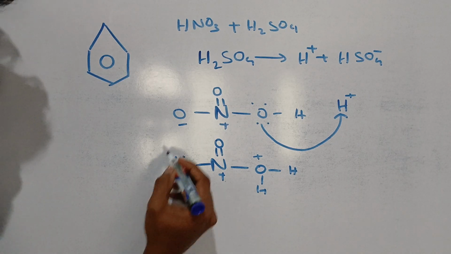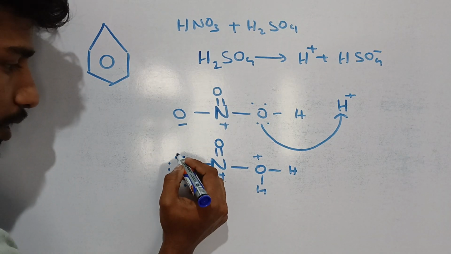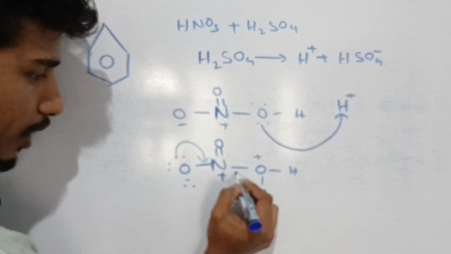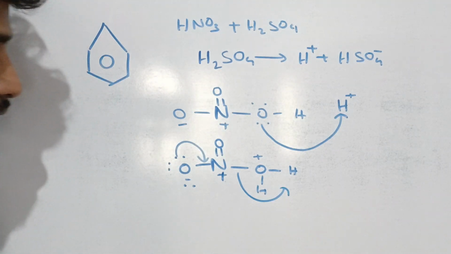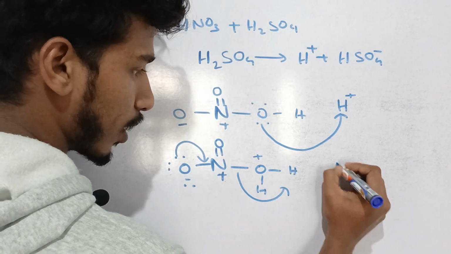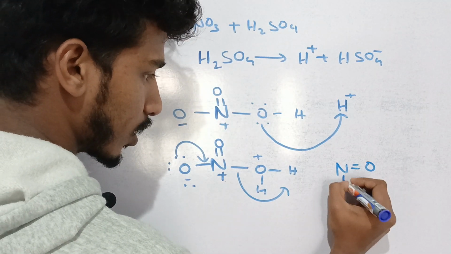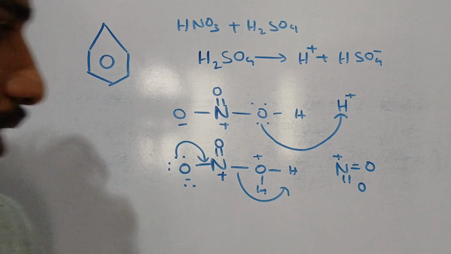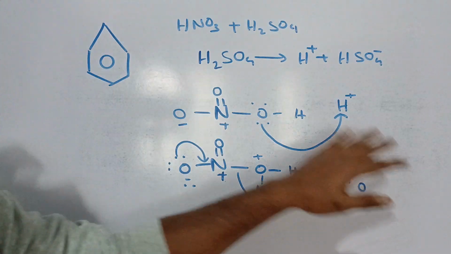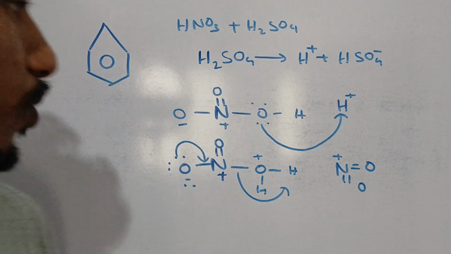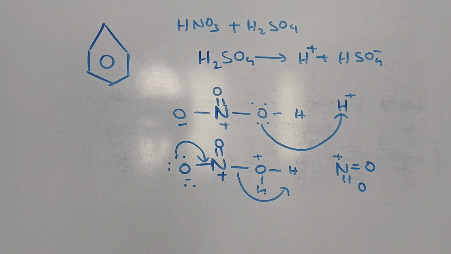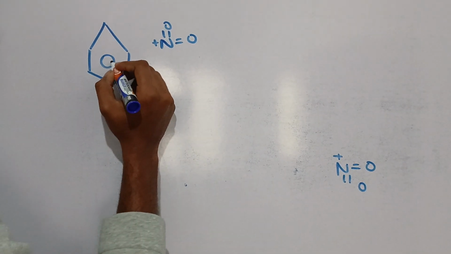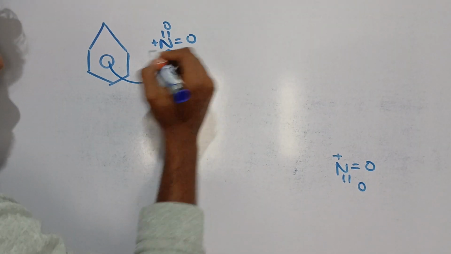Next, since there are lone pairs present here, and now you can see it's positive, this donates and this starts to remove away, forming nitrogen double bond oxygen and a positive charge. Now this is the species that is going to create a problem for this benzene. So let's see how it is done. You can see that in this benzene ring, the ring breaks to capture this nitrogen, forming